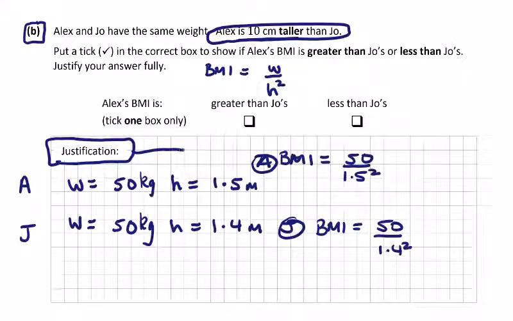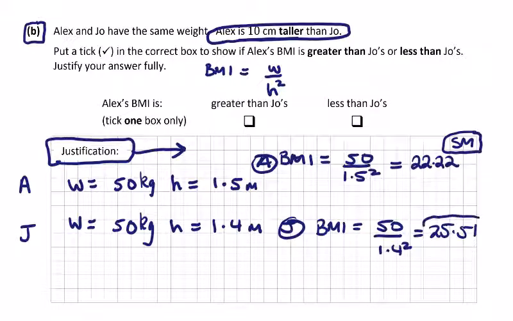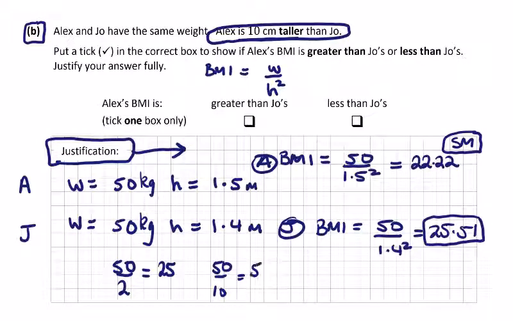Now we will give a little bit of words to our justification too. So my calculator for Alex is giving me 22.22, and for Joe 25.51. So why is this number smaller than this one down here? So let's just give another example or justification. 50 divided by 2 would be 25. 50 divided by 10 would be 5. So as the denominator, I think that's what we'd write here, as denominator